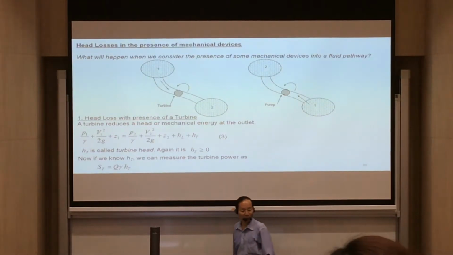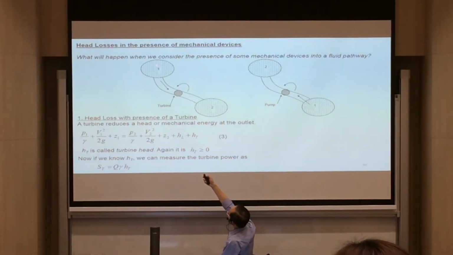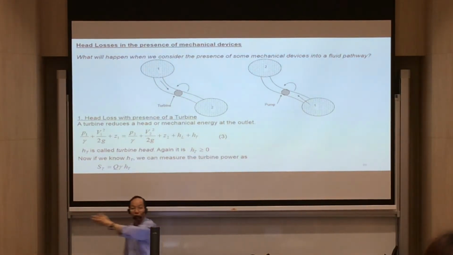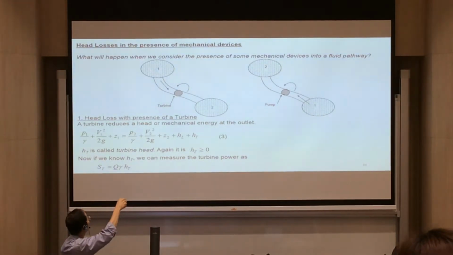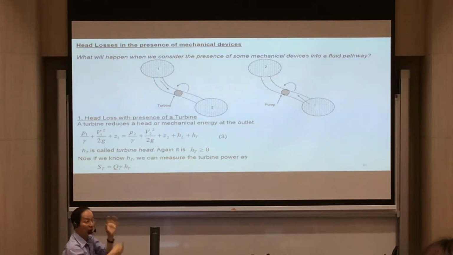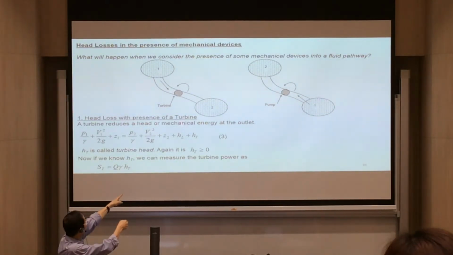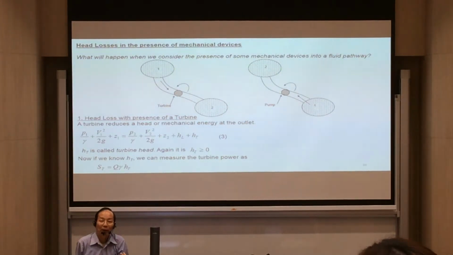So now, as I mentioned earlier, what happens if you have a pipe going from position 1 to position 2, and you put a turbine there. For points 3 and 4, you still have head loss. Head loss is still there. In an actual application from this reservoir to this reservoir, you still have the head loss. But on top of that, what happens to the turbine?